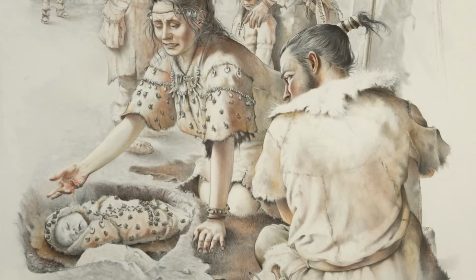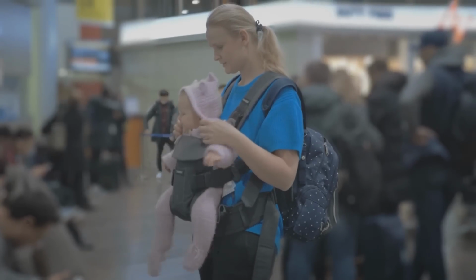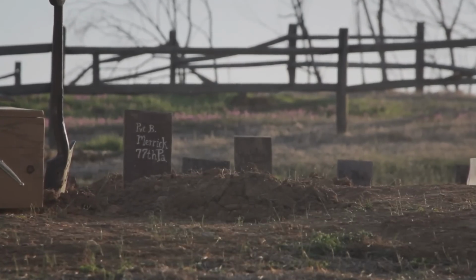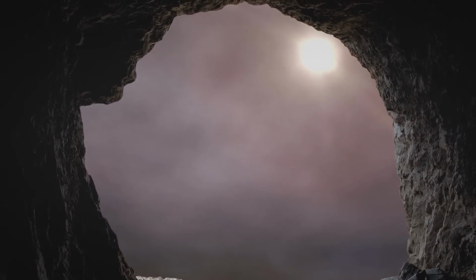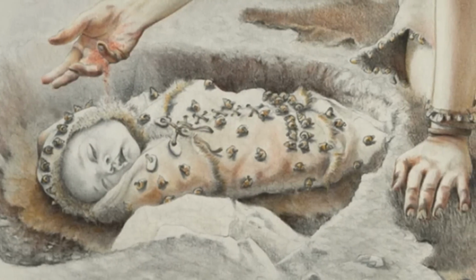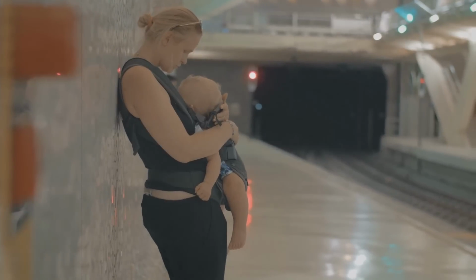Although the child was only a couple of months old, the carrier had already become very dear to her. Most likely, the parents used the sling during their lifetime and not only as grave goods. As we know, people often put in the grave the most expensive and closest things that belonged to a person during his lifetime. That it was a sling and not a burial blanket is confirmed by the posture of the buried child. It can be seen that she was put in the grave turned away from the